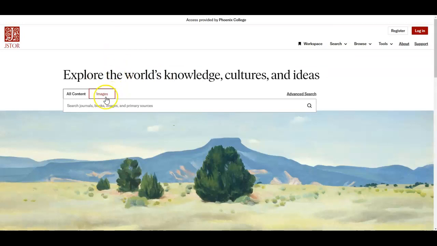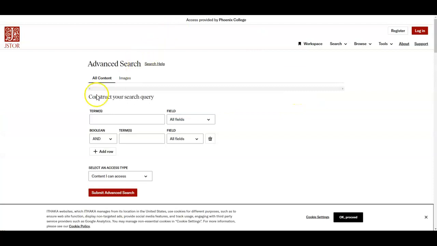So from JSTOR, you can just search for a term or a topic or your field, but usually it's more efficient if you go to advanced search. So if we open up that window, you'll see we have a few different options of how we can utilize this advanced search for a more high-powered focused search, right? So I could put in a term that I want to search for, maybe something like